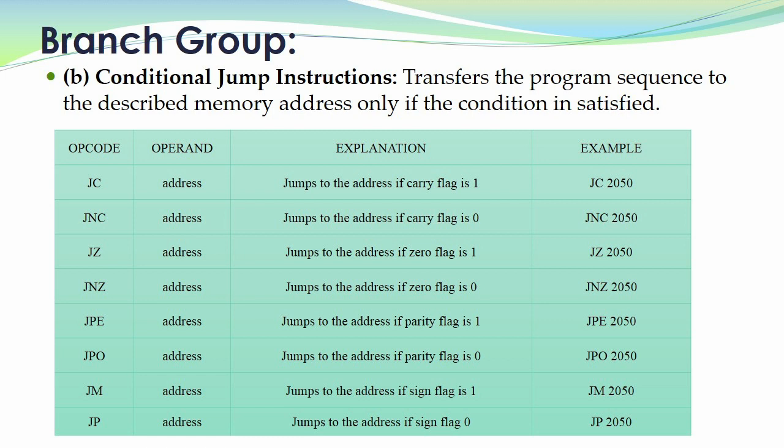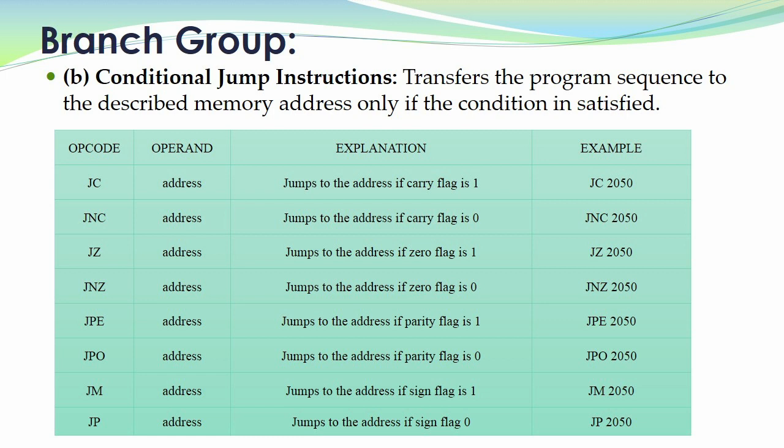The other 4 flags used by the jump instructions are carry flag, zero flag, sign flag, and parity flag. Two jump instructions are associated with each flag. The sequence of a program can be changed either because the condition is present or because the condition is absent. For example, while adding numbers, you can change the program sequence either because the carry is present, that is JC, jump on carry, or because the carry is absent, JNC, which means jump on no carry.